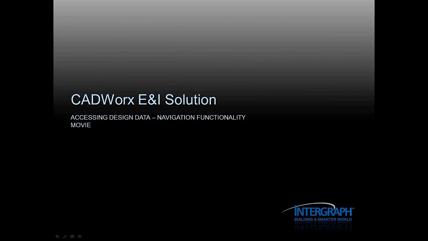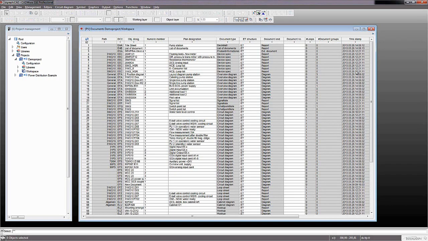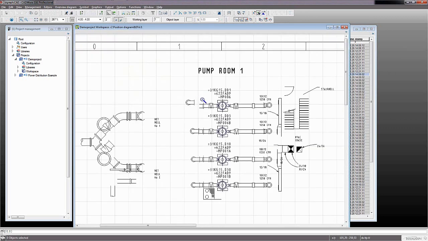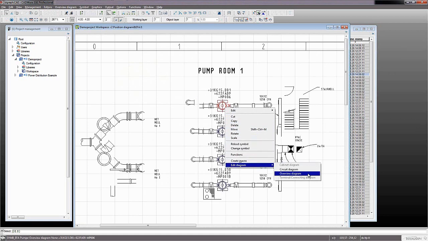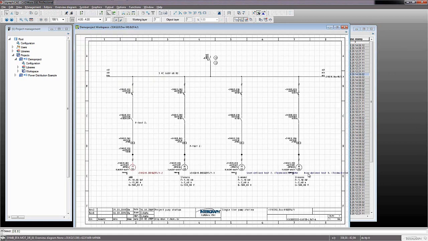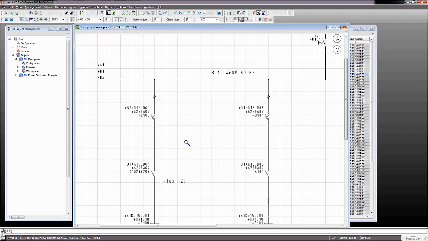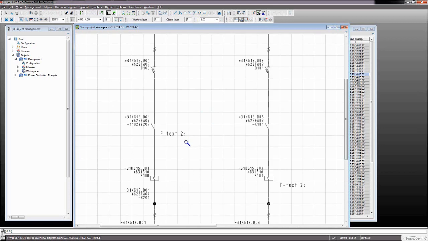According to the data model of CADWorx E&I, is it possible to navigate through a whole project with the same dataset? For example, if we focus on a pump motor like we see here right now in a layout drawing, it is possible to navigate to other document types with a navigation functionality called Edit Diagram. In this case, you see that we jump to a one-line diagram, which is also immediately highlighting the motor pump on the left bottom side, so the system knows exactly in which position this item or this dataset is used